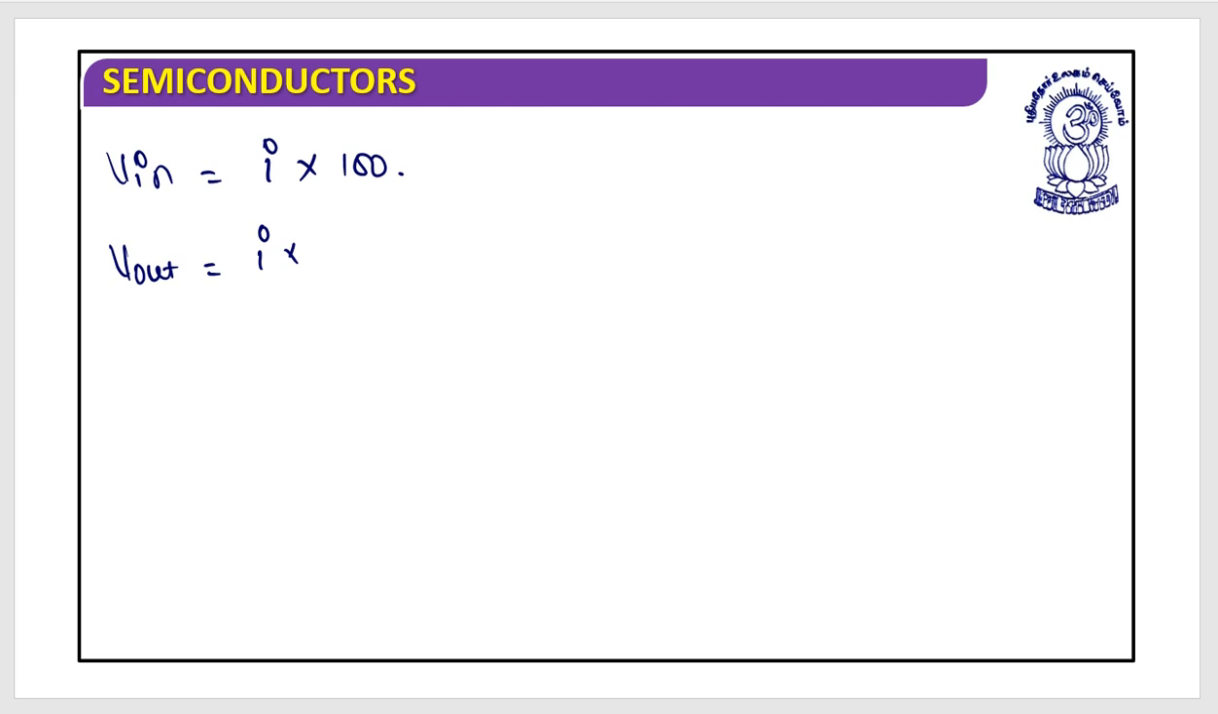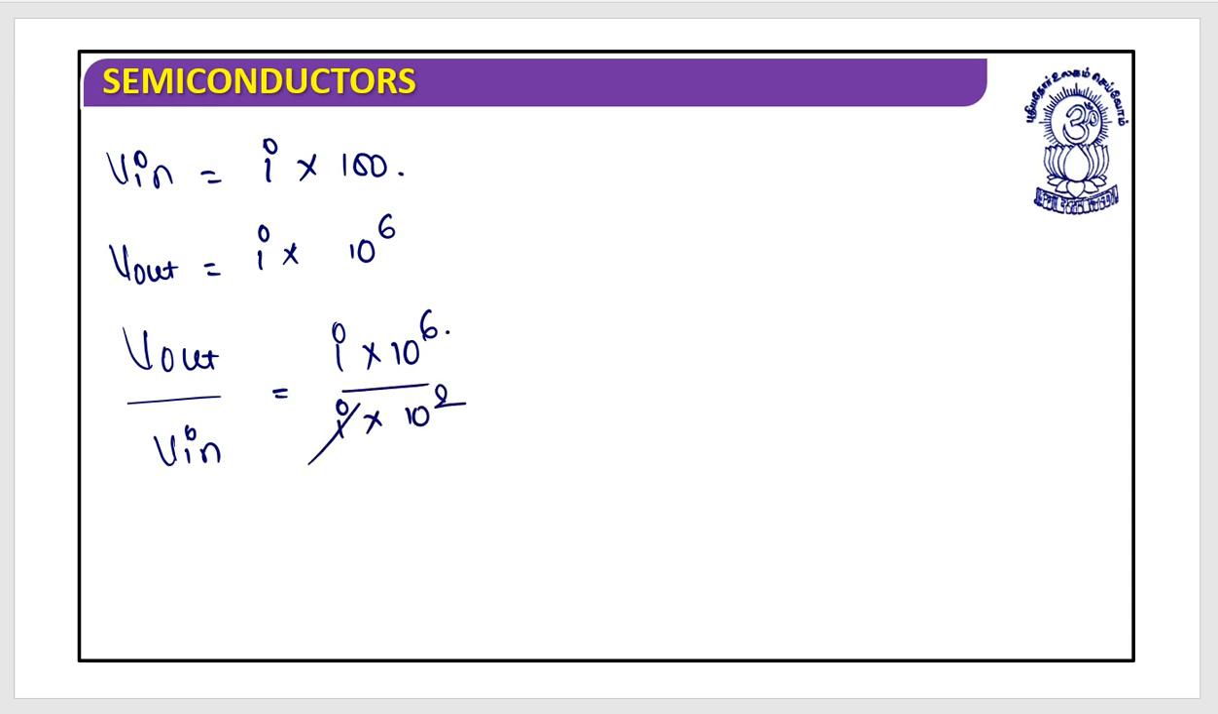Let's take the minimum possible resistance, that is 1 mega ohm, which is equal to 10 to the power 6. So if I take a ratio, V out by V in, that is equal to I into 10 to the power 6 divided by I into 10 to the power 2. So the I has gone, and this is equal to 10 to the power 4. So V out is 10 to the power 4 times V in,